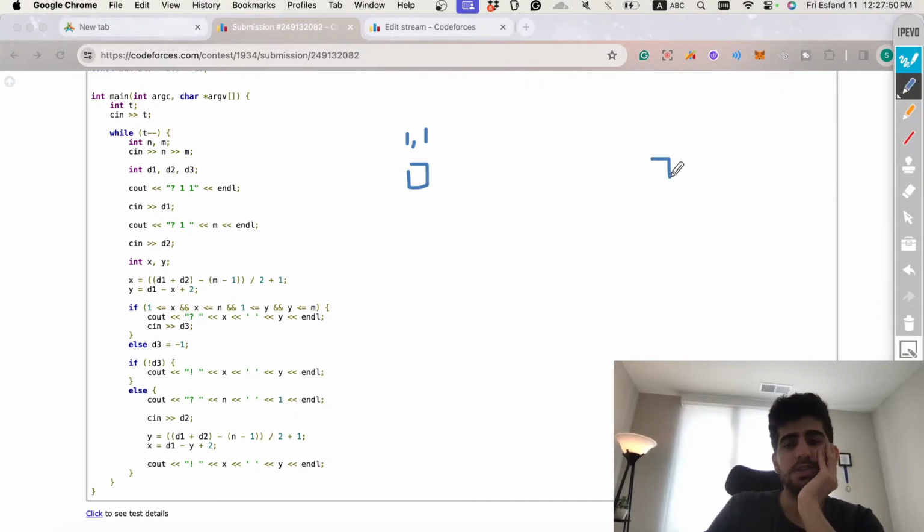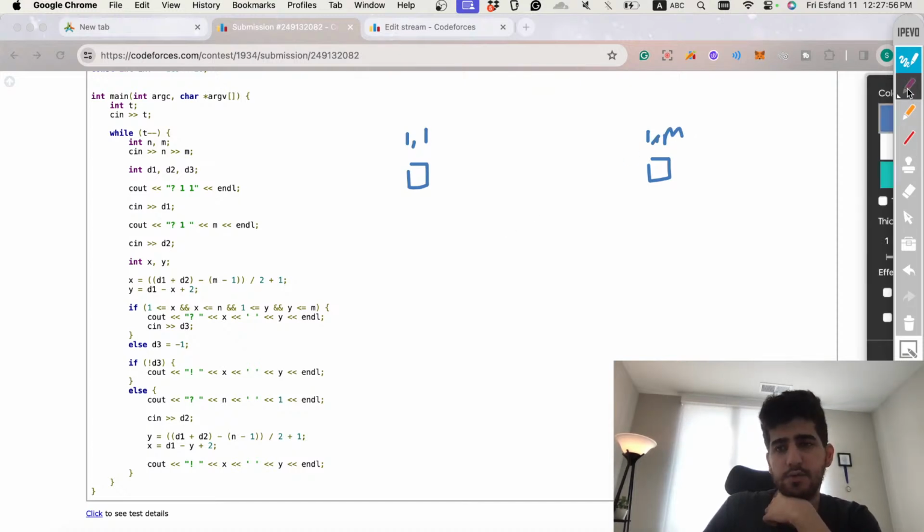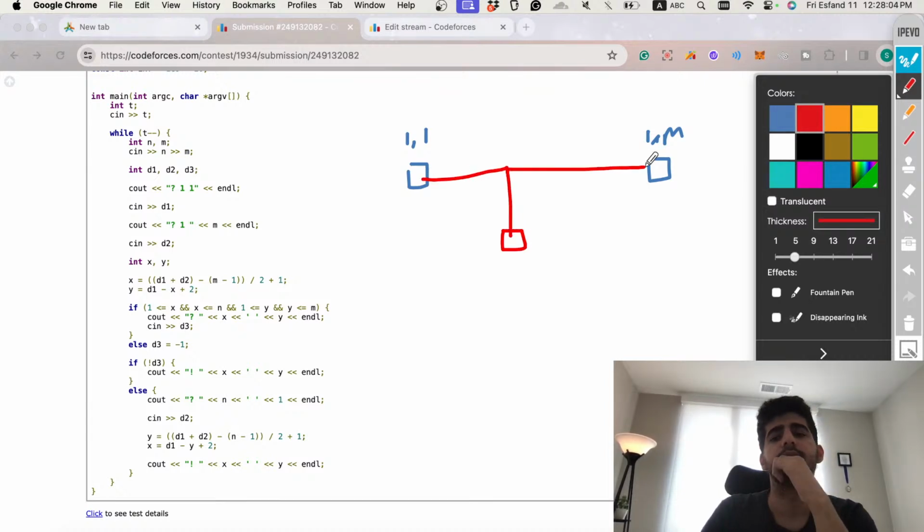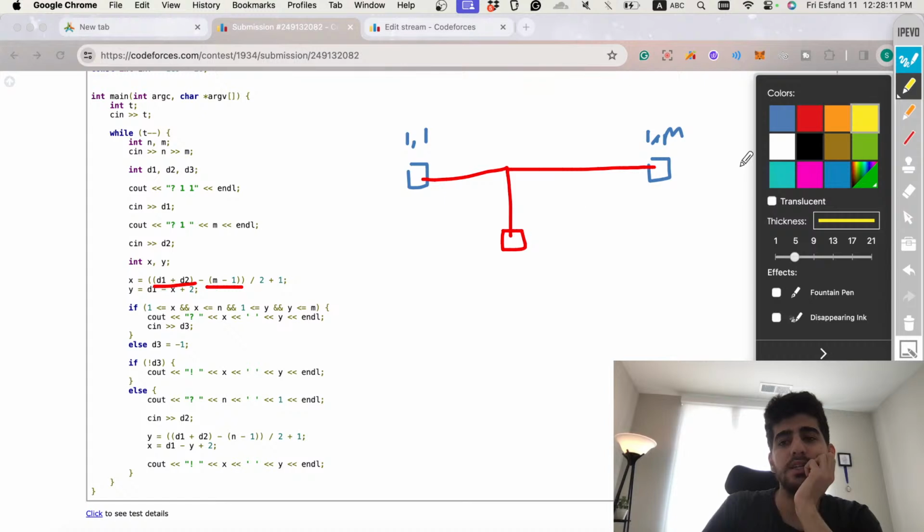This point is 1 and m. If there is a mine in their intersection, that mine should be somewhere here. That mine should be somewhere in here. And this distance is d1, this distance is d2. So the point is, if you add d1 and d2 and subtract m minus 1 from it, m minus 1 is this length. If you subtract m minus 1 from it and divide it by 2, it gives you